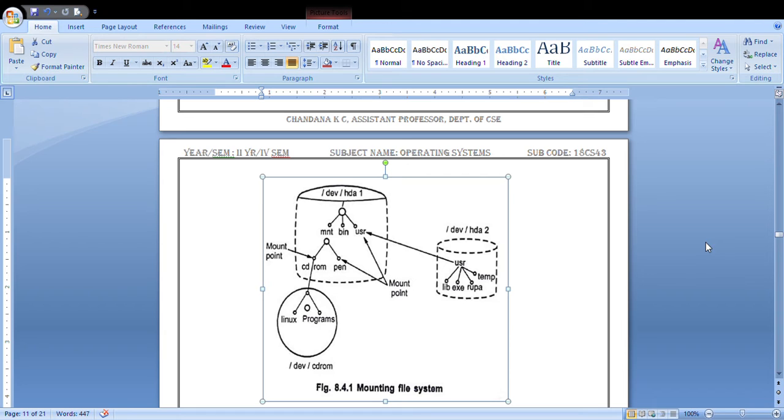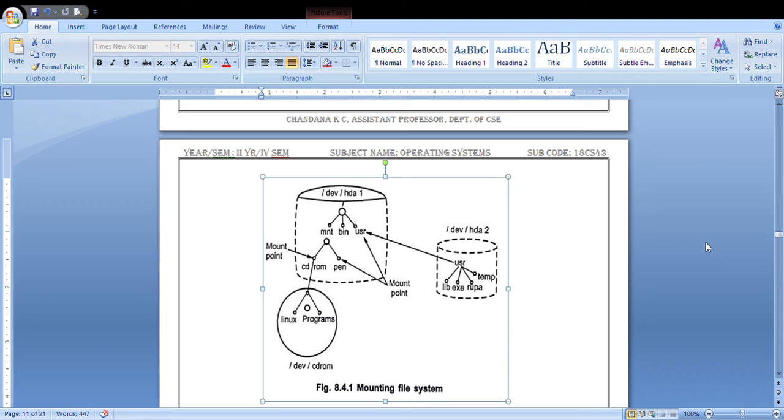You can see the image. The image depicts mounting a file system on a secondary storage device. That is the picture which represents the mounting of a file system on a secondary storage device. The file system manages mounted directories by using a mount table. Users can create soft links to files in the mounted file system. Mount tables keep track of the actual physical location of the files. So this is about the procedure of mounting a file system.